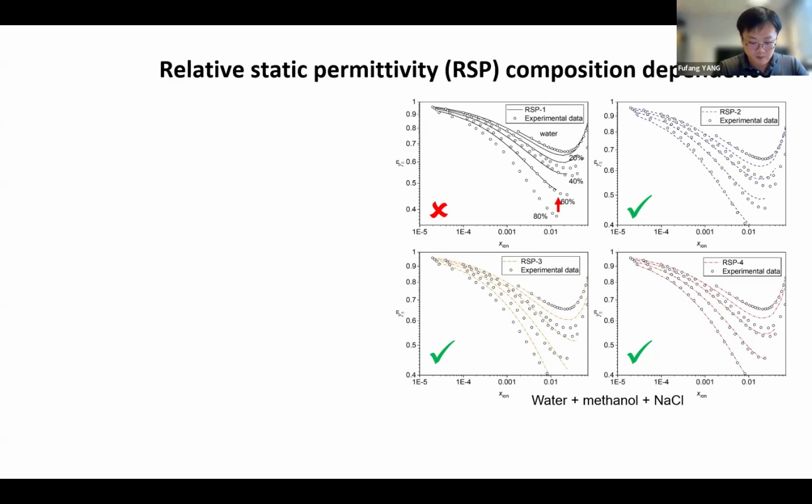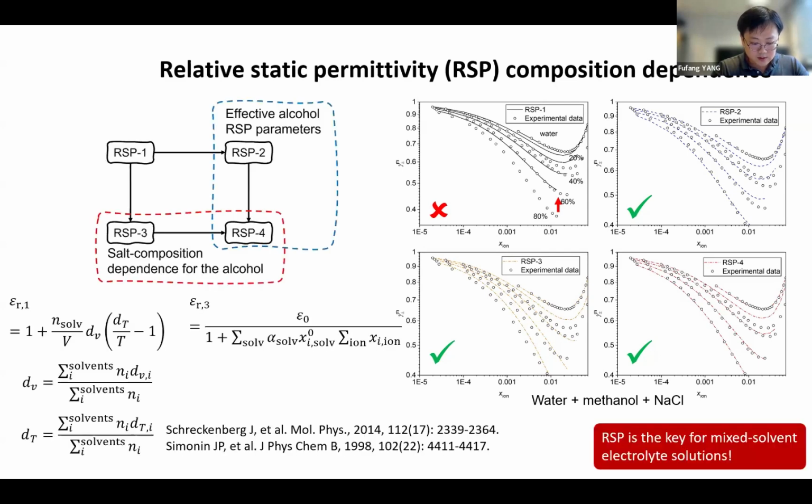And we discovered that this problem was actually with the relative static permittivity. It is because this behavior of salts in alcohol and in water is so different that we need to account for this in the model in some way. But we already have those accurate part of the model, very accurate model, and we didn't want to change that part. So when we extended this model to mixed solvent electrolytes, we want to change the model, but only on